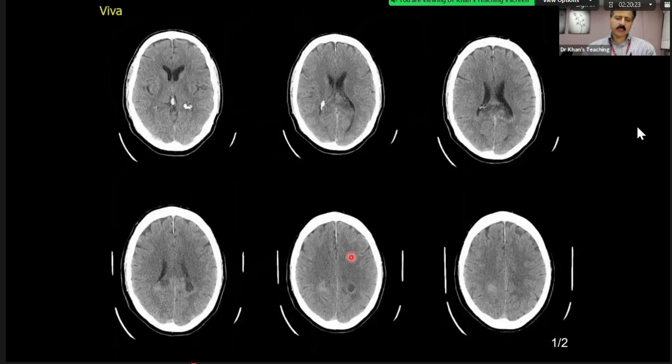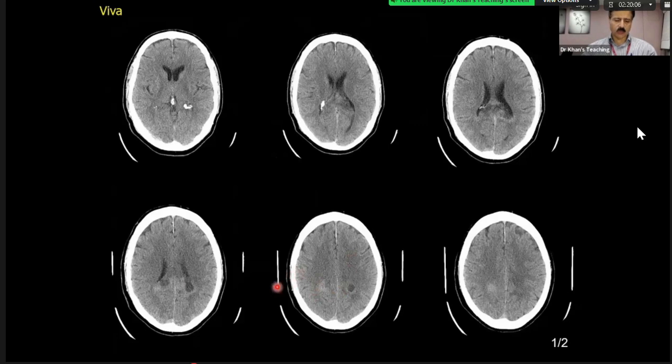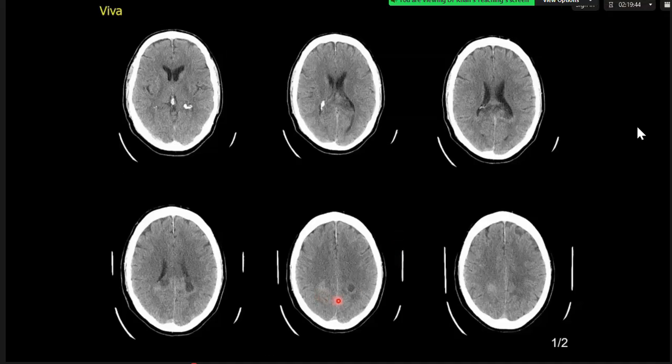Now, there are a few teaching points in this case. First of all, corpus callosum anatomy is critical, and it will come again and again. I'll show you cases of, for example, diffuse axonal injury involving the corpus callosum. This particular lesion is quite unique because it has high density on the CT. It is documented that some of the tumors are high density. Lymphoma is up there because it has high cellularity, so on a CT it can be high density.